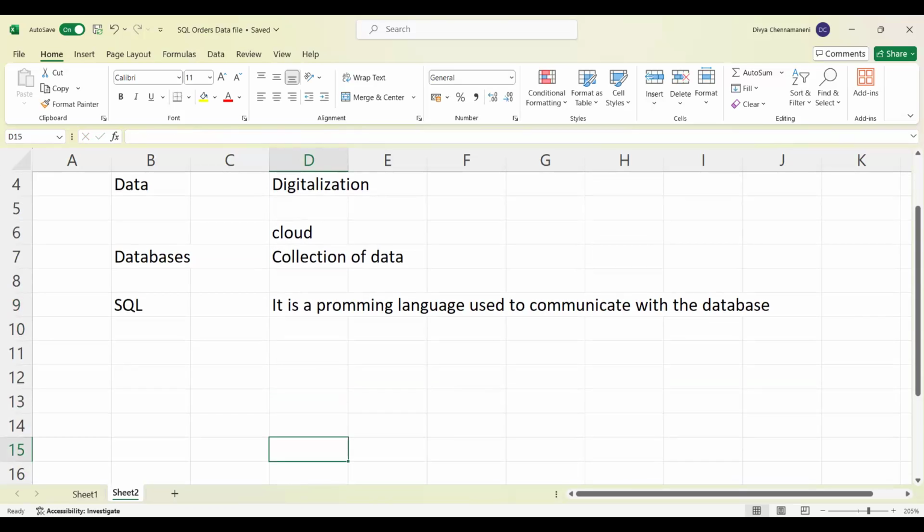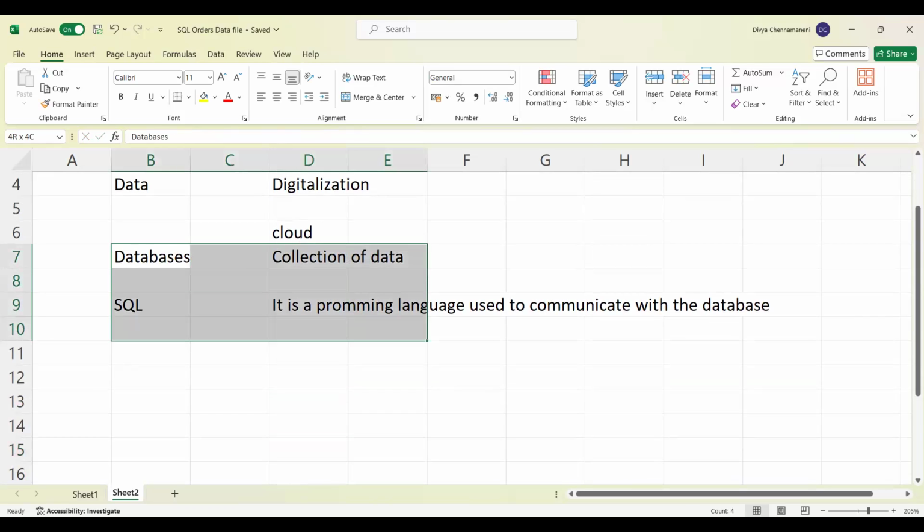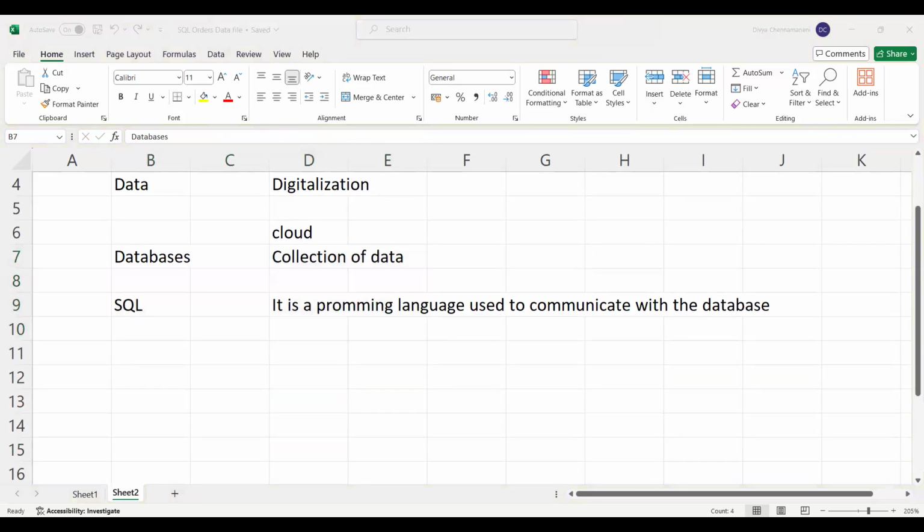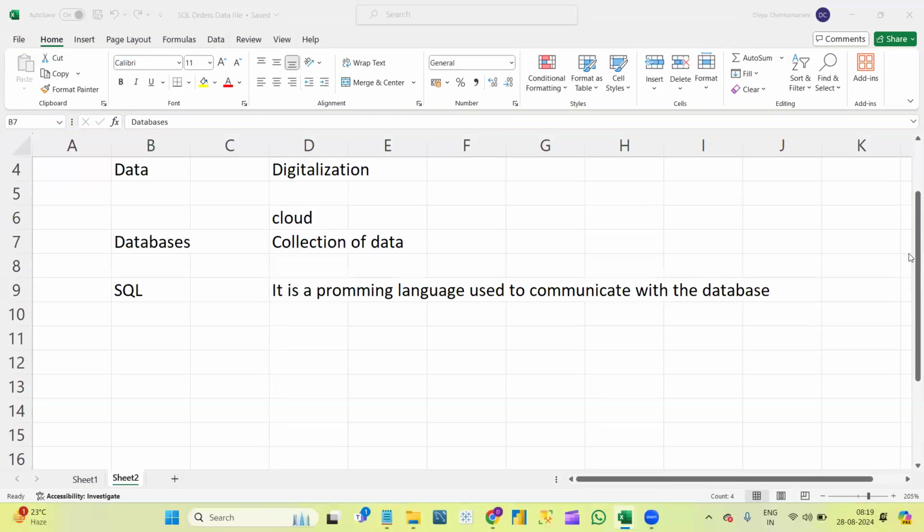If you want me to explain with some real-time examples what is SQL and what is database, I can do that. If you think you understood what is database and what is SQL, I will go forward. Do you want me to take an example and explain to you, everyone? Just one example. Well, that's the reason I'm asking, because I'm totally new here. Yeah, no problem.